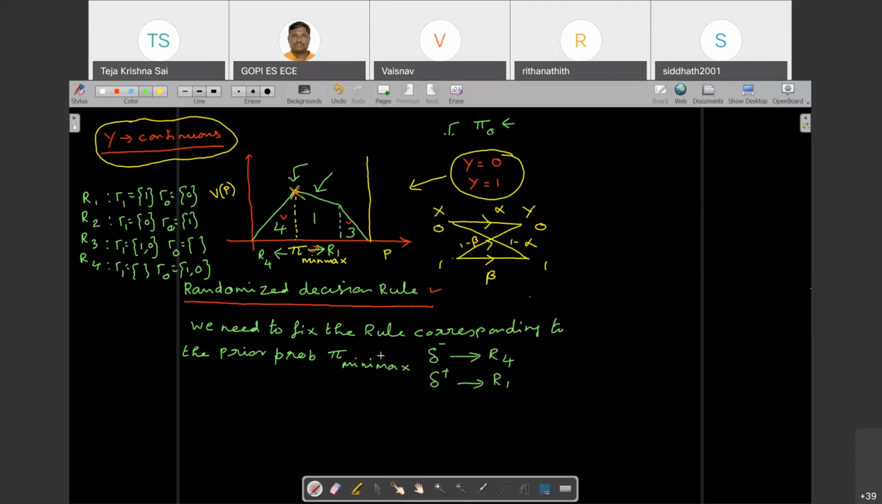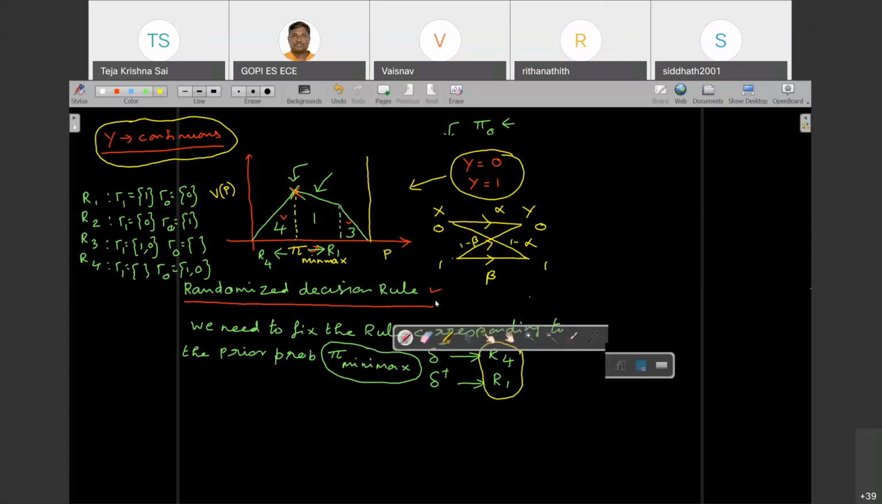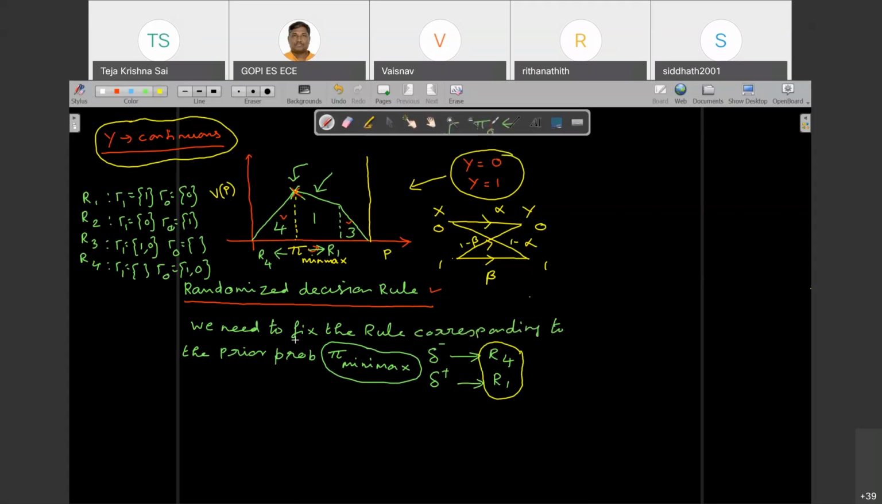At pi minimax, what is the rule I have to fix? That is the question. We cannot fix either rule 4 or rule 1. So in that case, what we go for is what is called a randomized decision rule. Randomized decision rule means we go for both, rule 4 as well as rule 1. To make you understand what that randomized decision rule is, let us say...